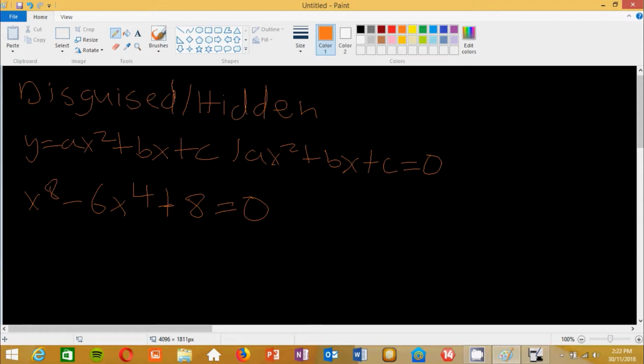Just by looking at this, you probably wouldn't be able to solve it. You wouldn't know where to start because it looks a bit scary at first. You see this power of 8 here, you see this power of 4 here, and you get scared and don't know how to solve it. But